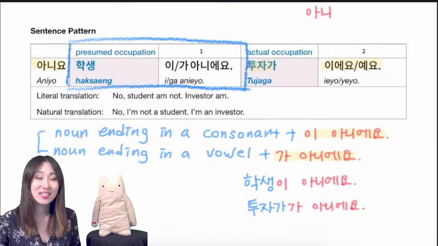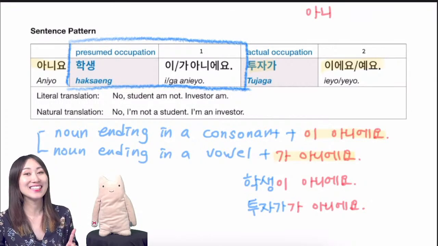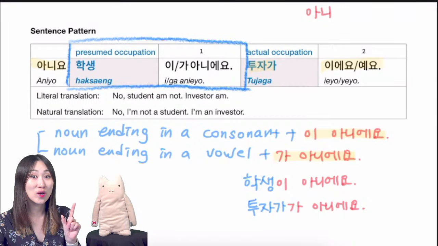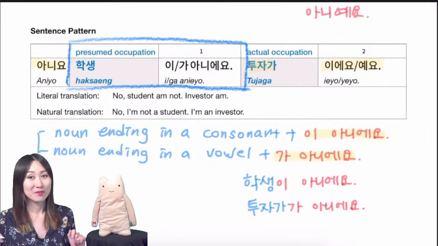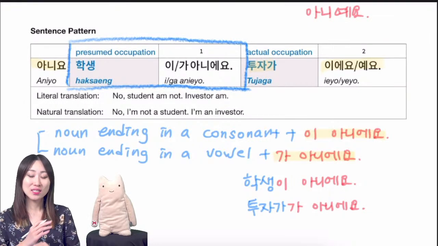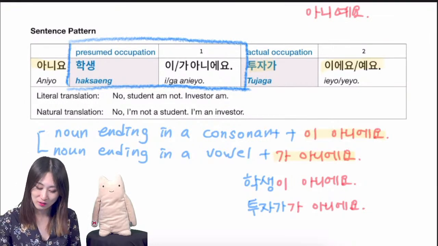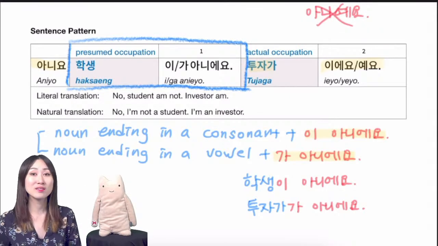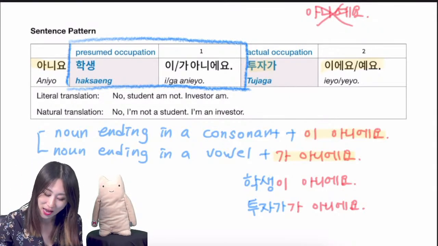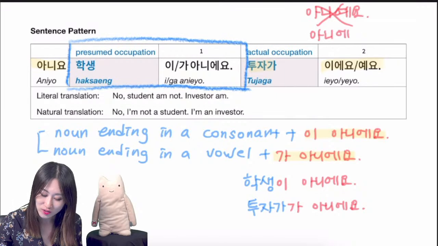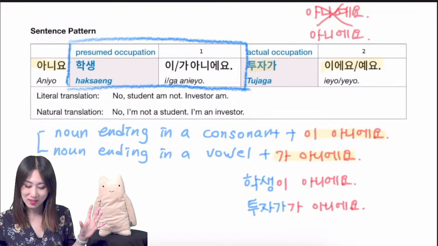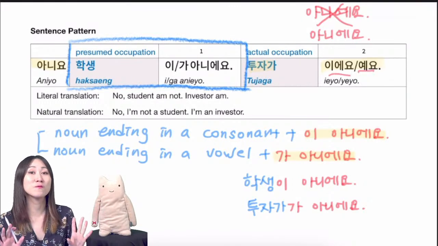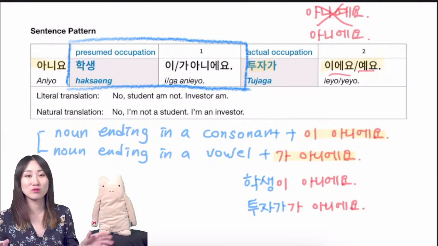아니. And some people think, 아니. It ends with the vowel sound, so I have to use 예요. Right, teacher? But no, this is an exception because 아니에요 is just a fixed expression. You don't really conjugate it with 예요, 이에요, because it's just a fixed expression. It's just what it is.